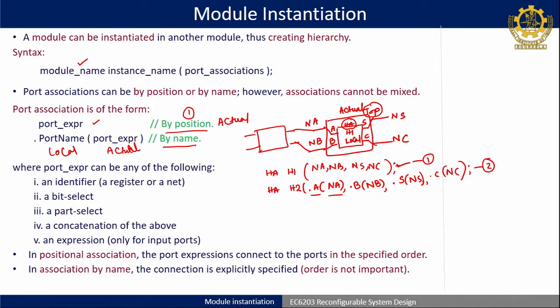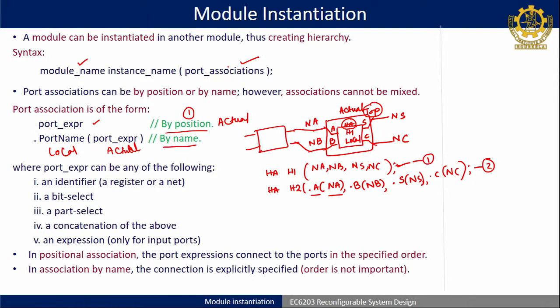So there are two important things you have to remember: how to do the port association. If it is clarified and done successfully, then the structural module is a bit easy to understand and write the code. To make things easy, I gave the concept of local and actual, but in general the actual has to be described in the by position method, and in the by name method both have to be described, with proper syntax.